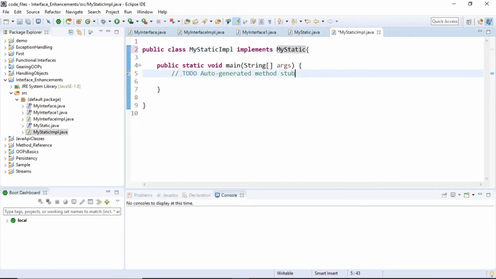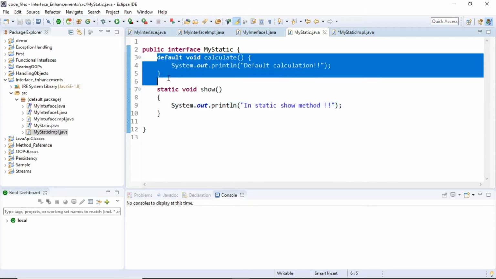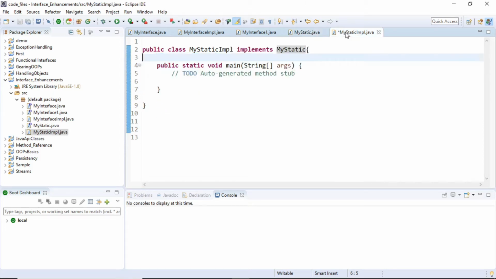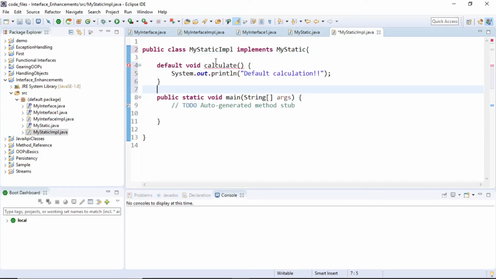Now what I can do is I can have this myStatic interface, and I will be able to override the method calculate. I'll be able to override the method calculate, right? So this is a void calculate method. I can override this. So I will say public void calculate, and